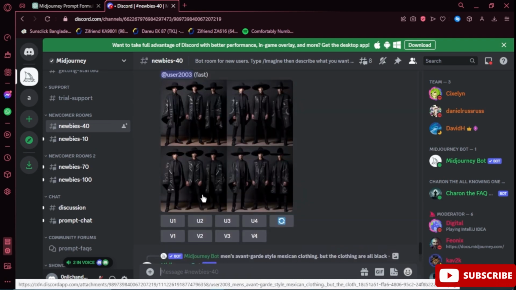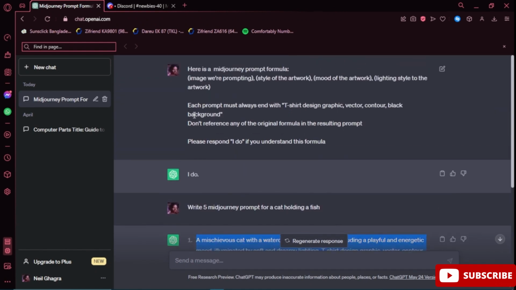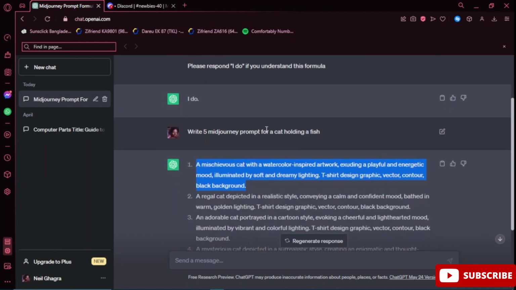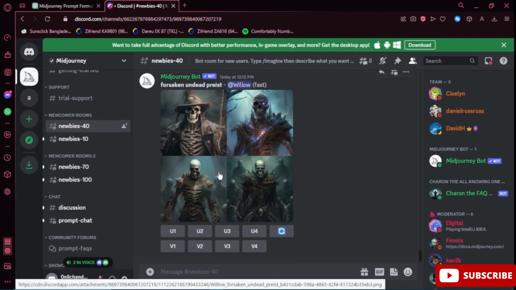You can download them, and obviously all of these images are generated from the textual description one person gives on ChatGPT. The way I put it, I said this is the formula, and I told it the prompt is about a cat holding a fish. So if you have the subscription and it generates the photo, then you will get all of the results and all of the photos according to ChatGPT, and also according to the description that I gave. Okay, so I hope you understood everything about this lesson on how you'll be able to make t-shirt